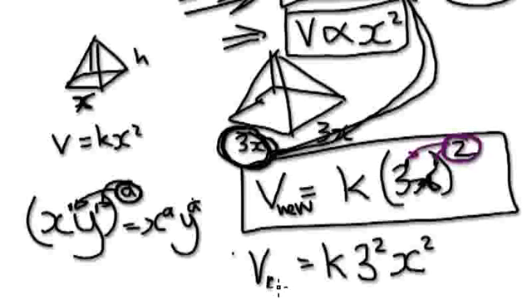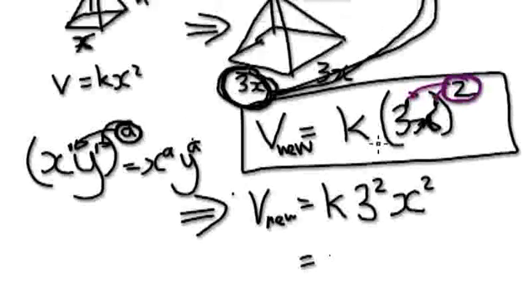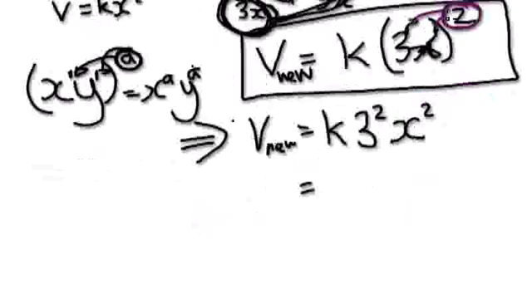So remember, this is the volume of this new shape here. Now we want to express this in terms of the old volume. Then that will allow us to make comparisons between the new one and the old one. Well, anyway, look at this here. This is our old, remember, this is our old here. V equals kx squared. Okay, we want to express this new one in terms of the old one. So V of new